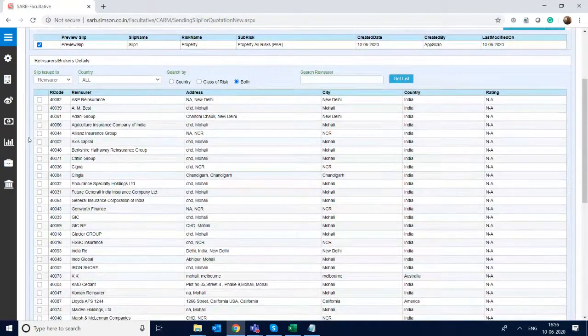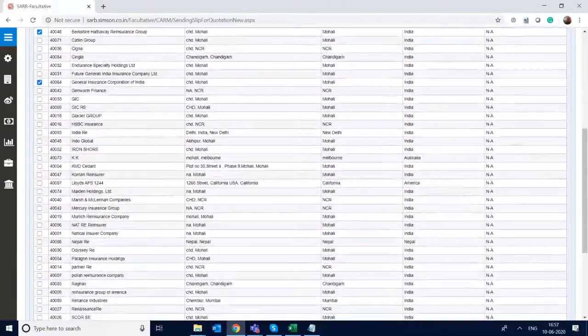So suppose I want to select Berkshire. This list is coming based on the class of risk and for all countries. So if I select a particular country or a particular class of risk, only underwriters who write this class of risk will appear, not the entire database.